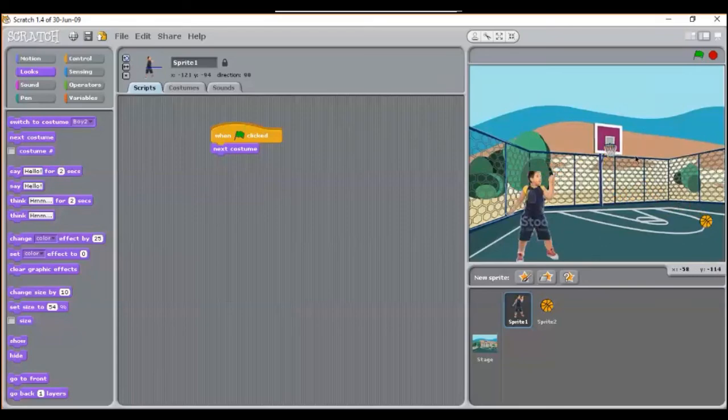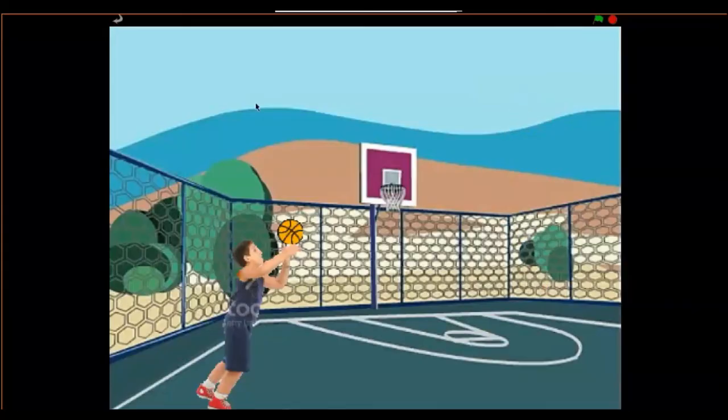So now this animation, children, we will see on the big screen, isn't it? The stage is very small. You can see the presentation. So in presentation, if you want to see, you have to go to this icon. Can you see on this top right corner? Okay. This top right corner, this icon is to switch to presentation mode. So I'll click on it. So this is presentation mode, children. And now I'll click on this green flag.